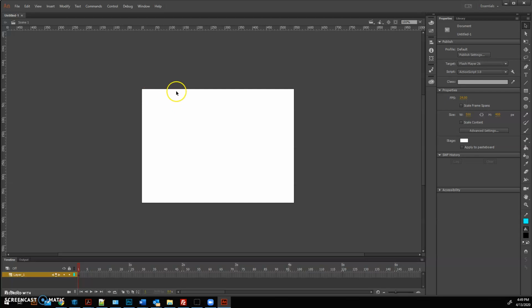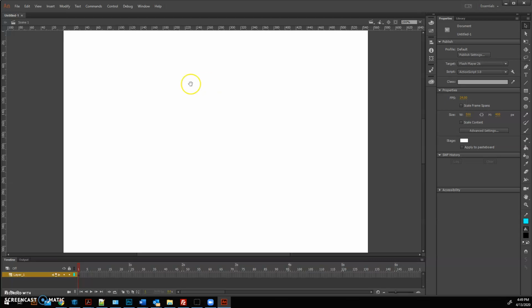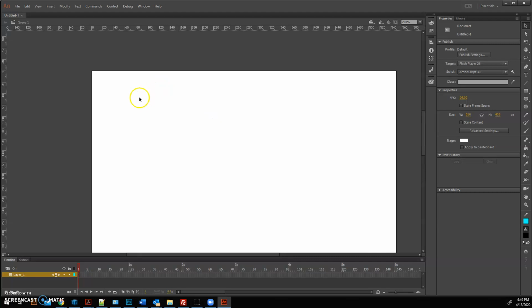Every single pixel on this stage or canvas is just a box, and each of those boxes have some numbers associated with them. They have an X coordinate and a Y coordinate. So I'm going to zoom in a little bit, and let's just take a look at the numbers here. If you look up at the top,